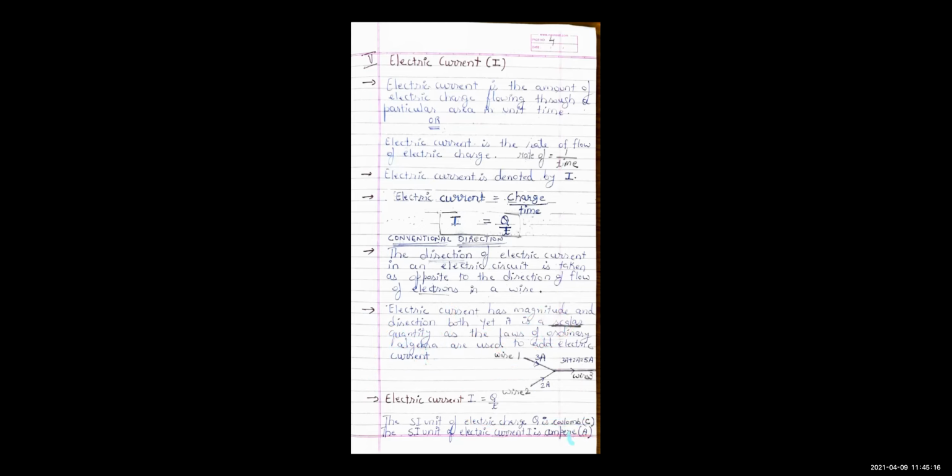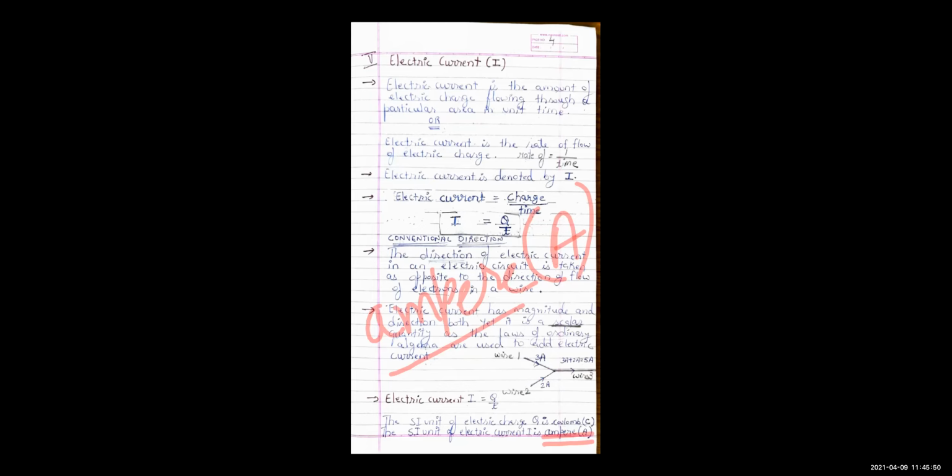Next, children, the SI unit of electric current. Current unit is ampere. How do you write ampere? Ampere is small a, M-P-E-R-E, and the symbol is capital A. The unit of electric current is named after the scientist, Andre Marie Ampere. He was doing some experiments on electricity and his name was given as the SI unit, that is ampere. So this is the unit to measure current.